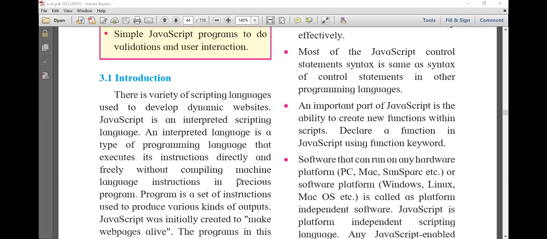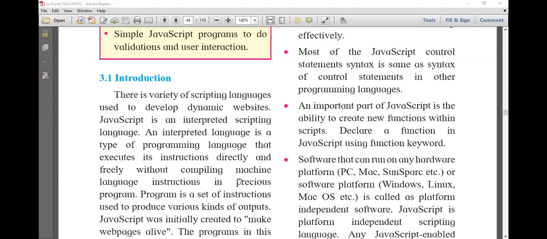But suppose you want to slide an image, or overlap one image on another, or slide an image from left to right or right to left, or change the background color of a document when you move the mouse pointer over a particular control, button, or element. If you want to change the menu background or the color of the menu, then what you have to use, we are going to study in JavaScript.